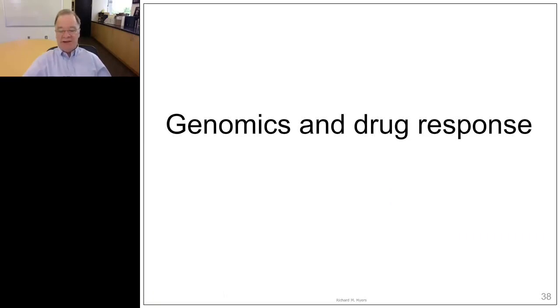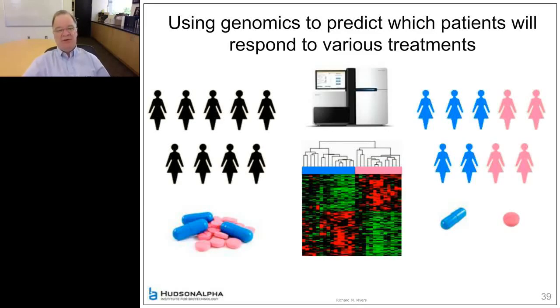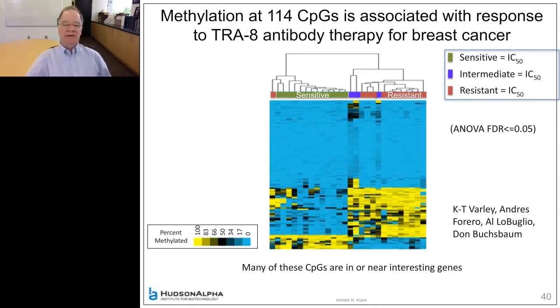Okay, the last thing I want to tell you about is using genomics, genomic kinds of measurements, and we do this mostly with RNA-seq and with methyl-seq kind of methods to see whether you can predict whether someone's going to respond to a drug or not. The pharmacogenetics and genomics question that many are interested in. I think this is potentially one of the most powerful approaches in genomics, and I'm just going to show two